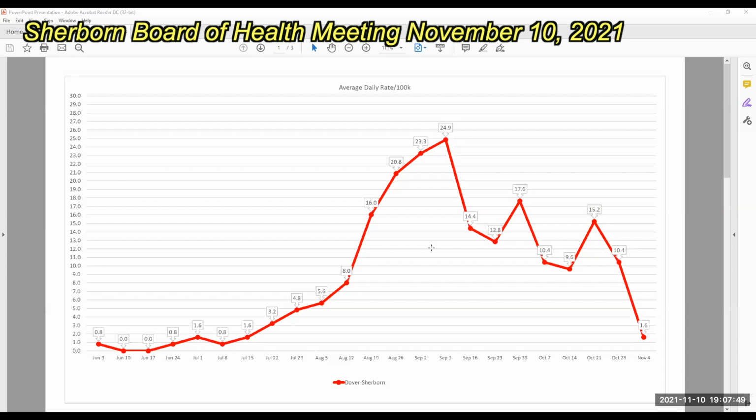So in terms of background, when we look at the case rates for Dover and Sherborn, what we've done since the start of last school year was create a combined metric that treated the two towns as a single entity, since we've got intercalation at the middle school and high school level. And so this first graph represents the average daily case rate of that combined community unit using the weekly city